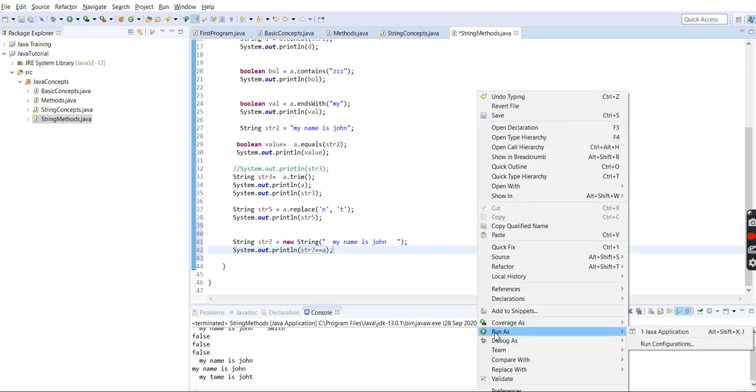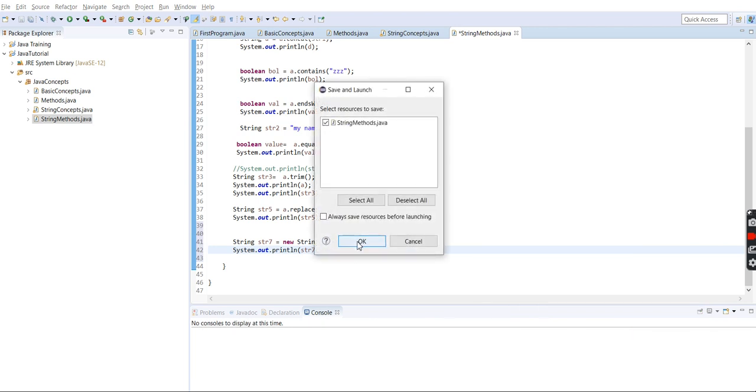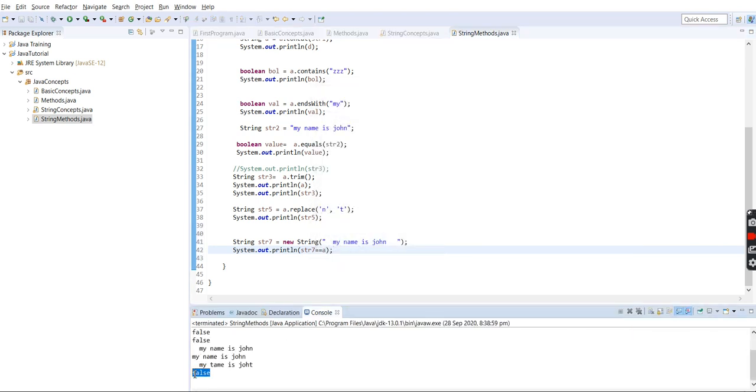we'll see what it is giving. It should give false. See, false, because one is stored in the heap memory and the other in the constant pool, and both are different objects, and both physical addresses are also different. So even though the content is the same, when we use the equals to operator sign, it will give us a false. But when we try a dot equals,